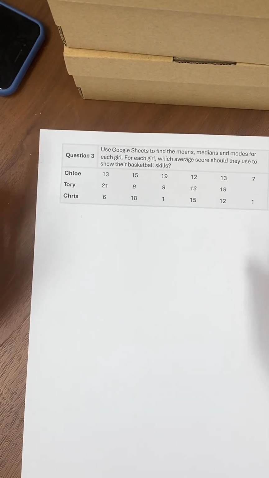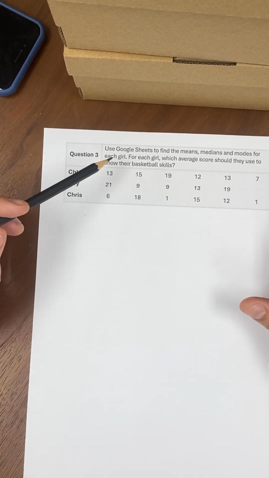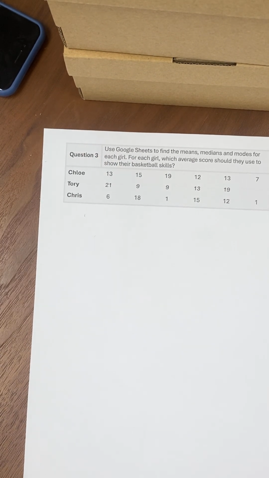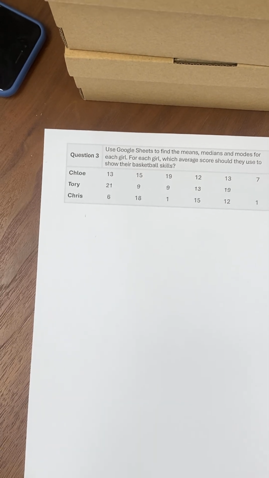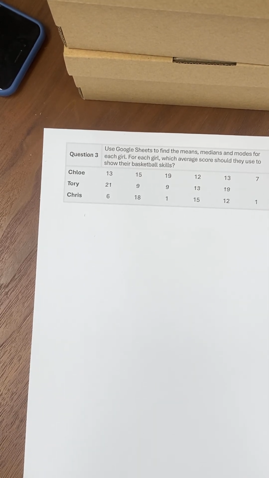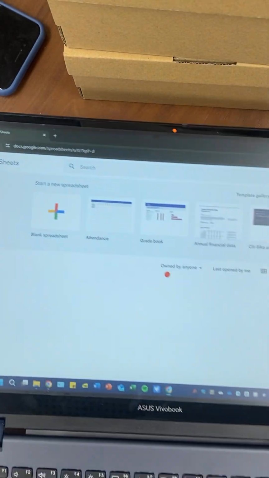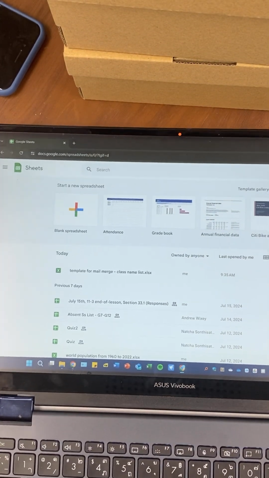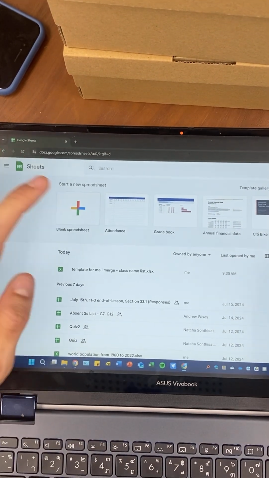Question 3 says, use Google Sheets to find the means, medians, and mode for each girl. So give me one moment because I have to open my device and open to Google Sheets. So I open my device to Google Sheets. I create